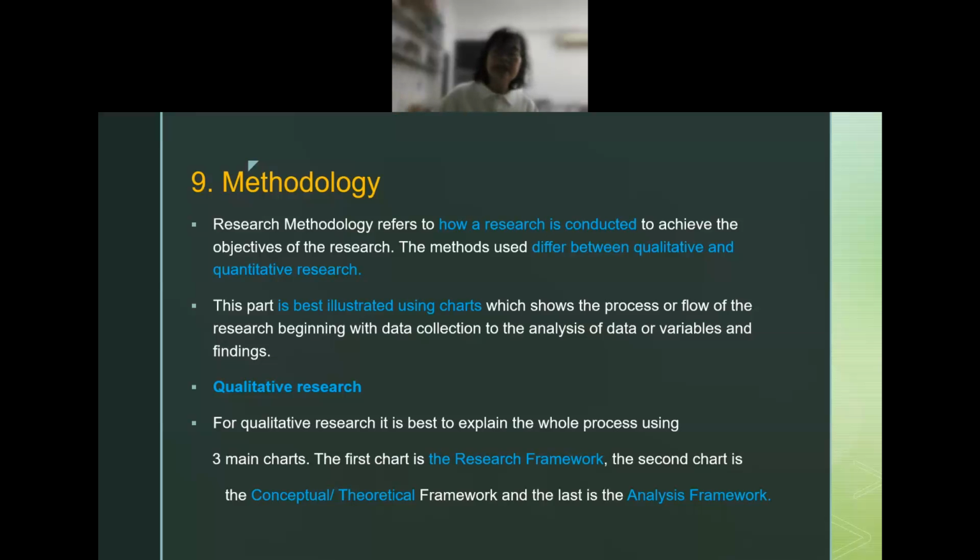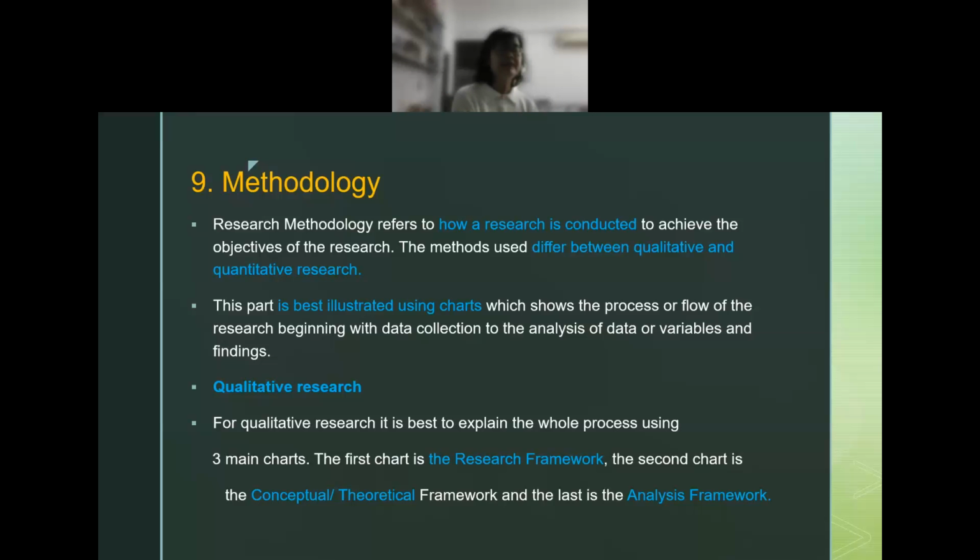If it's a theory you use, you need to come up with a conceptual framework and show us where the theory is applied and how you analyze it using the theory. Which aspect of the theory you use, okay?